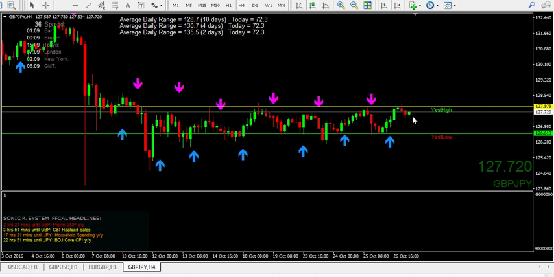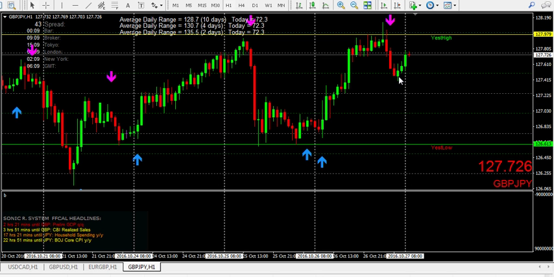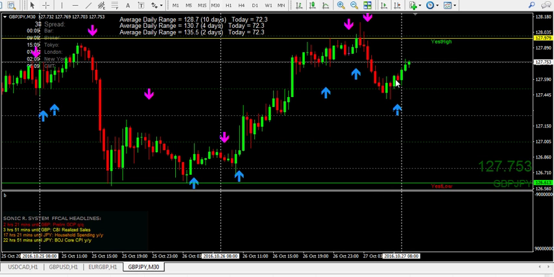So with that in mind, I started my analysis on the H1 chart. Well, H1 told me clearly that I was alerted to take a down trade. So all I can do is at just prior to 6 AM we had this candle printed, and we had at that time a lower high, and we'd got the start of a lower low. Well, on the M30 this was, in fact. This candle here hadn't broken the high of that one, so we were in fact looking at a potential resumption of the short